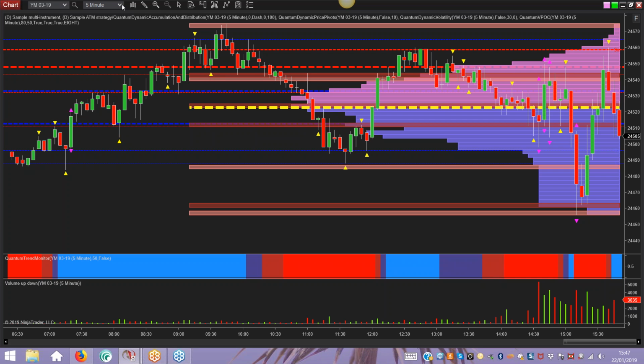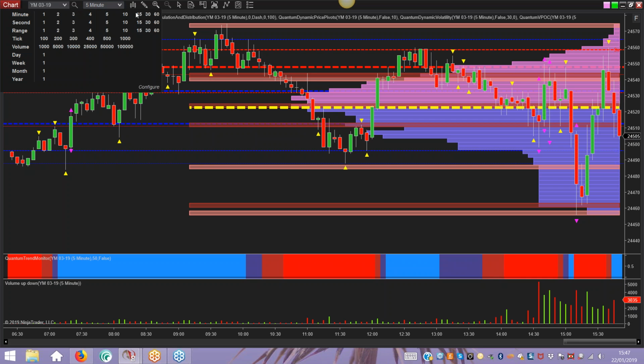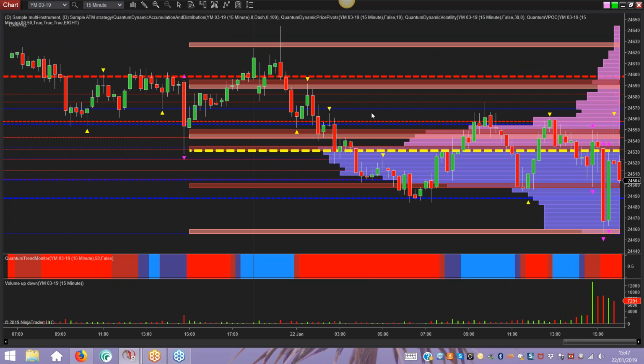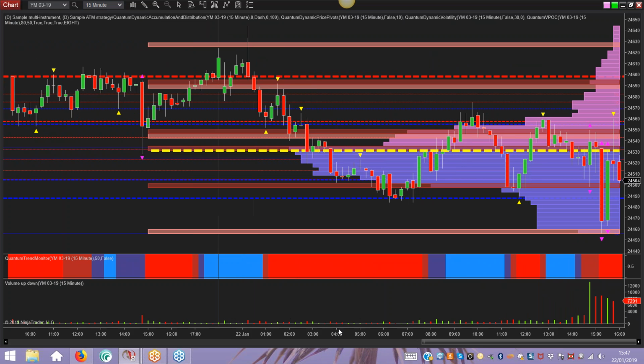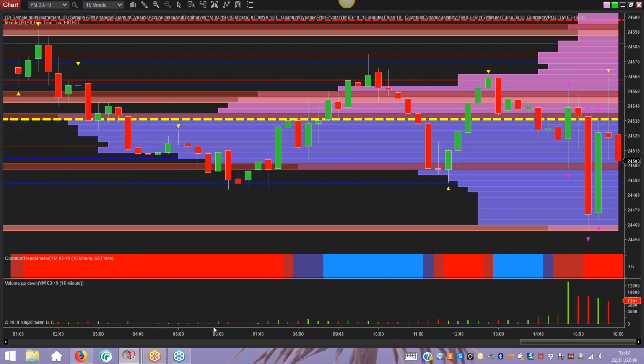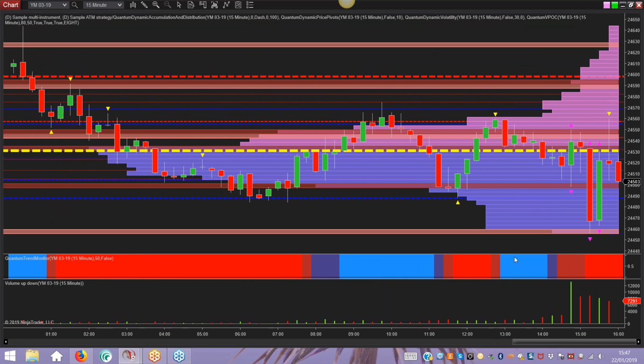To the downside, probably a little bit more difficult. Let's just increase the time. Let's push that up to 15 maybe. Just pull that out, just to get a different perspective on time. And it's very straightforward to change timeframes, obviously, but you actually want to see this running all the time in real time, just so you get a perspective on the price action across the time horizons. Lots of volatility, lots of trading around the volume point of control. But again, it gives you a sense of where you might be looking to get in.